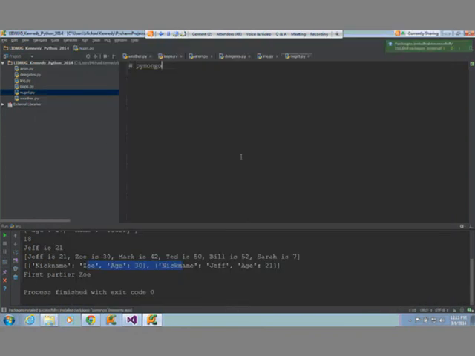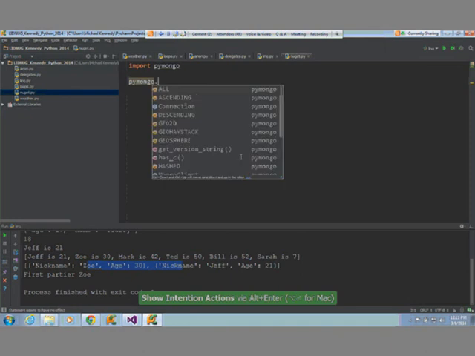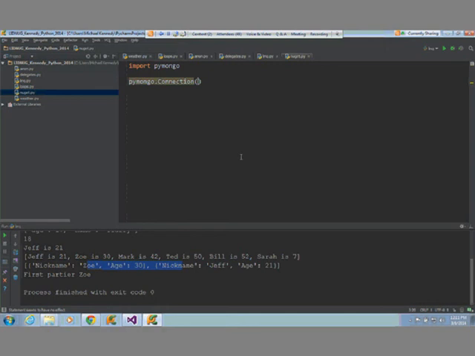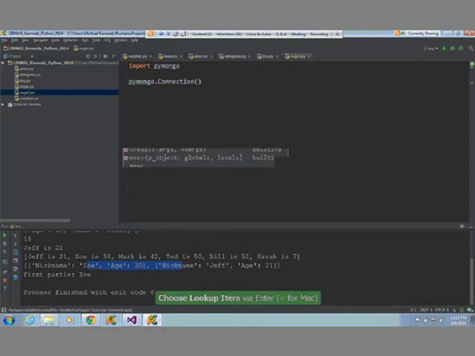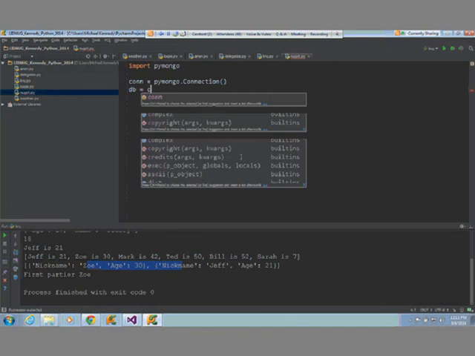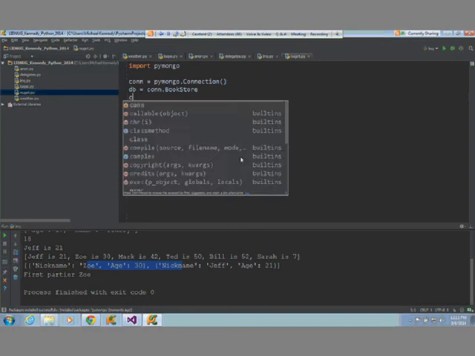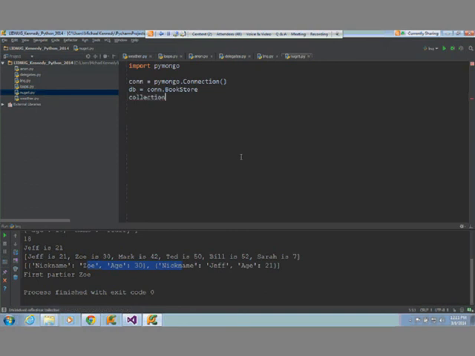So that was just like NuGet, right? Now you can do this. I can say PyMongo. It says, oh, you need to import PyMongo. Okay, cool. So I'll say dot connection, con equals that. I'll say db equals connection dot bookstore. Check out the anonymous typing. The collection equals db dot book. I think it's called book, and we'll say collection dot count, something like that. Let's print that out.